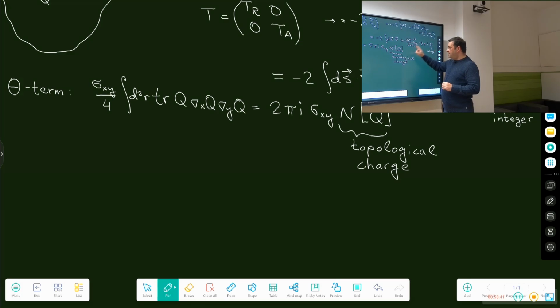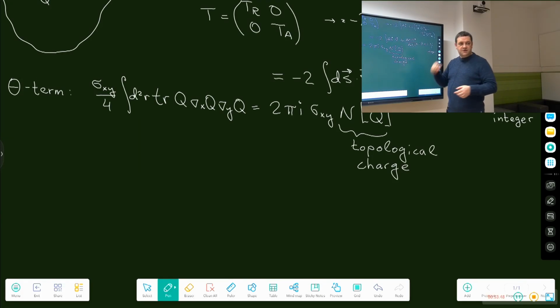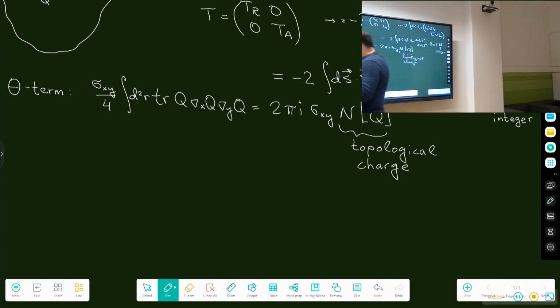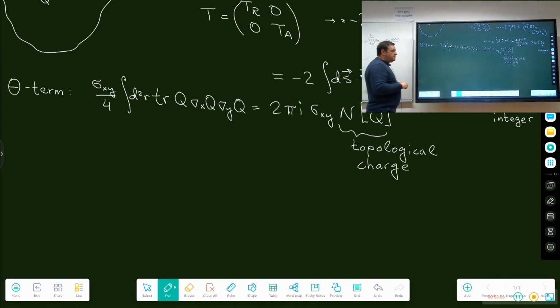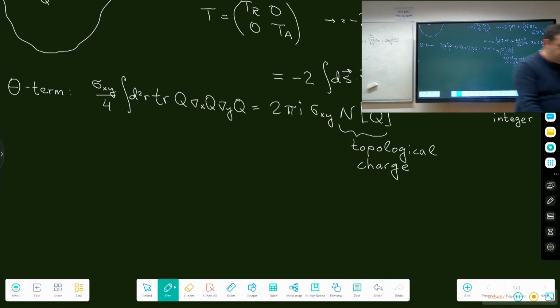Very nice. This also means that this term almost doesn't contribute to anything. It's just a number. You added a number to your action, which is almost a constant. It should not change much. But as it turns out, it does change something. This object is very much topological, and it leads exactly to the quantization of Hall conductivity. So let's